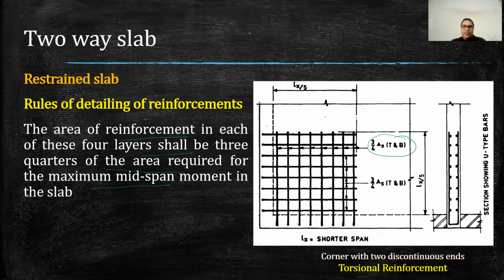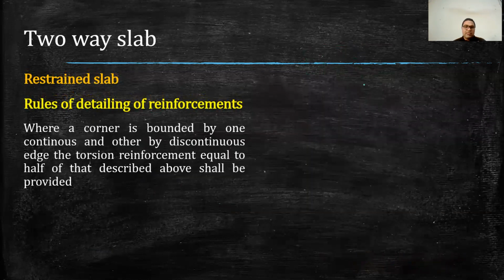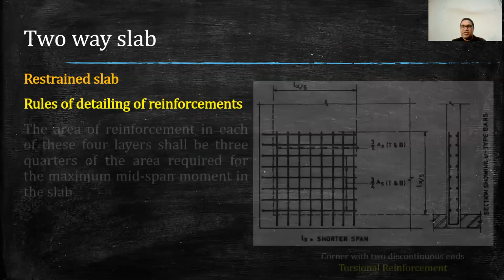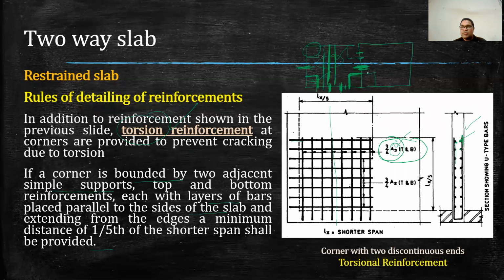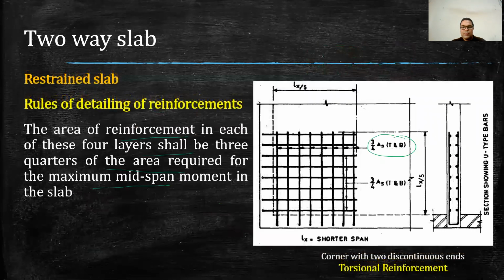now going to the next case in which the corner is bounded by one continuous and one discontinuous edge. As I have explained, in this case, yes, this one. If we consider this case, you can see one corner is contained with one continuous and one discontinuous edge. Similarly, this corner also is contained with one continuous and one discontinuous edge. So what will be the amount of reinforcement in these corners? So that is also mentioned in the IS code. And